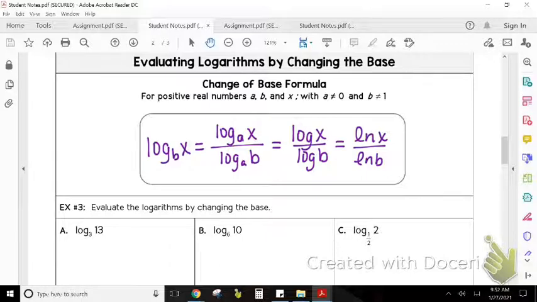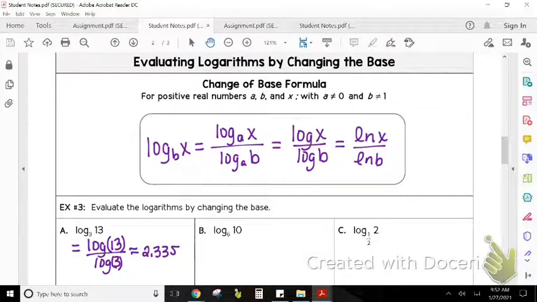So on A, our example 3 here, it says evaluate the logs by changing the base. So it wants us to put these in our calculator. And so log base 3 of 13, I can write that as log of 13 over log of 3. The taller number is going to go to the top part, and the little base will always be the number on the bottom, okay? So we're going to type this into our calculator. Log of 13. Now when you hit the log, remember it opens a parenthesis, so make sure you close it, okay? So log of 13 divided by log of 3, and we get approximately